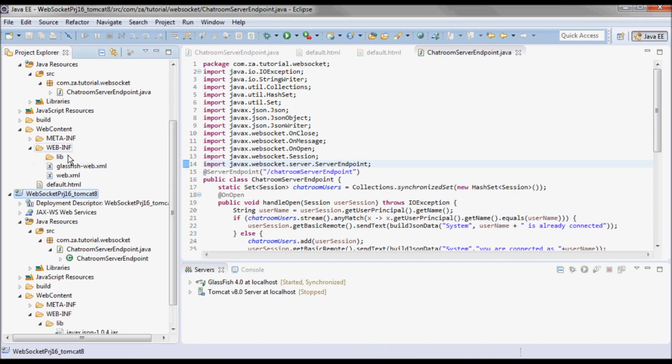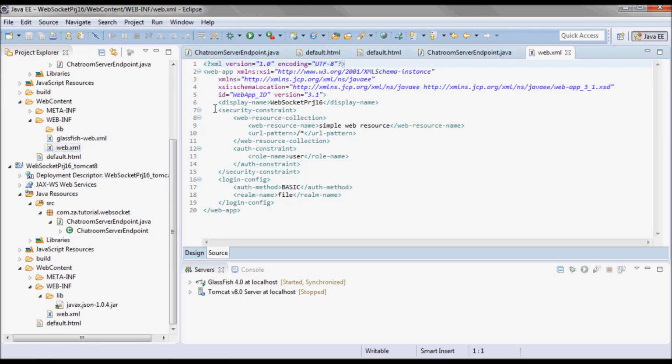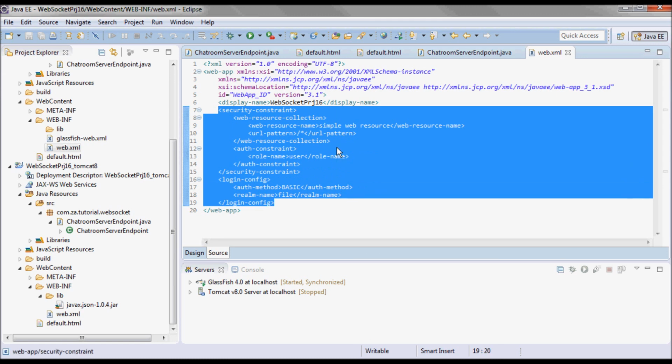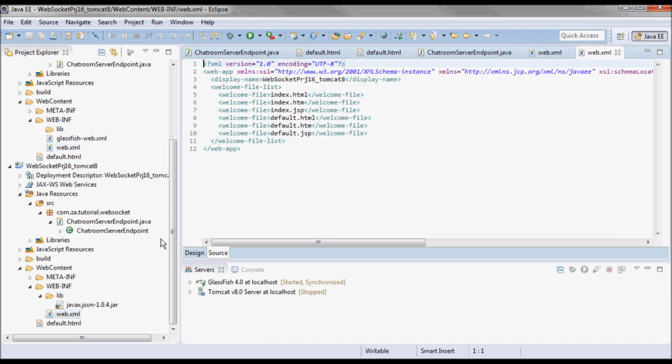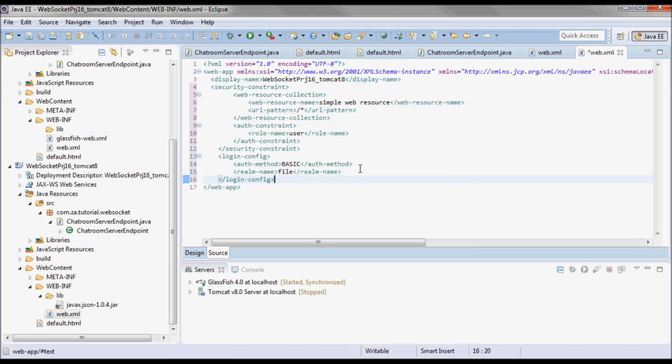And let me go to WEB-INF and web.xml and copy from here and go to the Tomcat project, and drop them here.